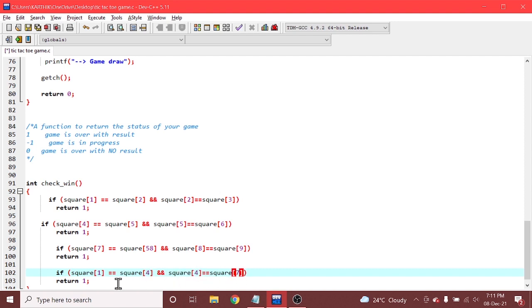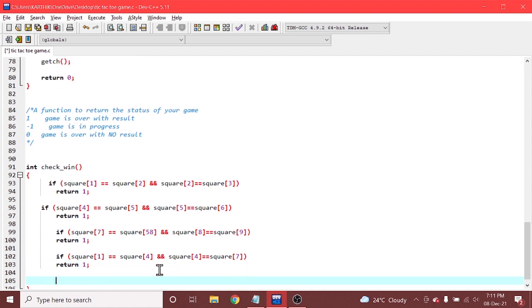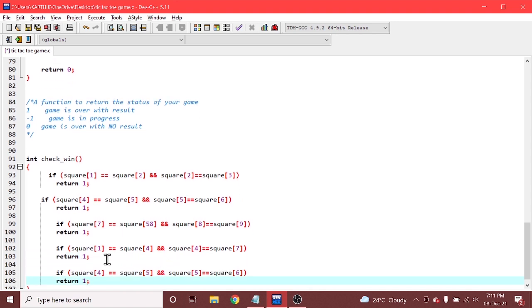You will get to know about this while printing the statement. Next we are taking for 2, but 2 in the sense the second element, and checking it with the below element, right? 2, 5 and 5 with the next below element, which is 8.